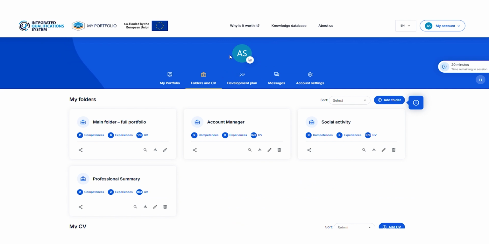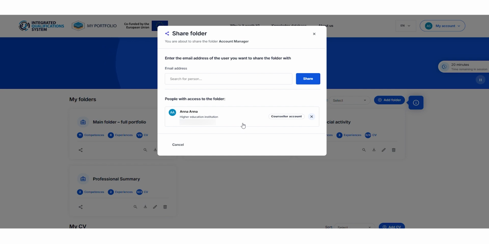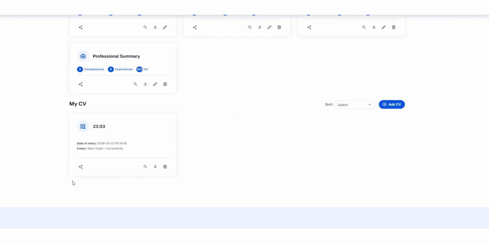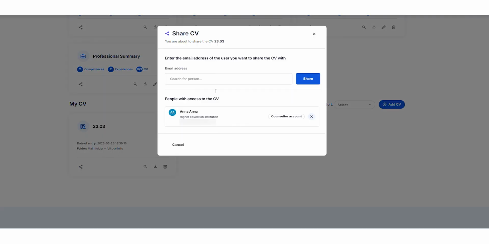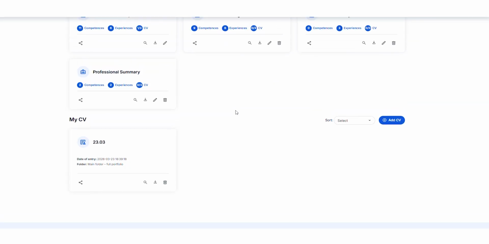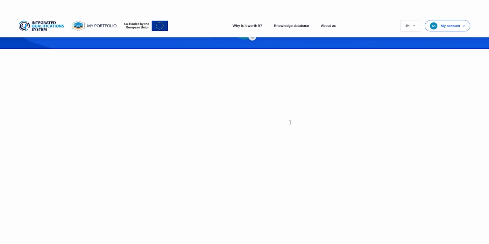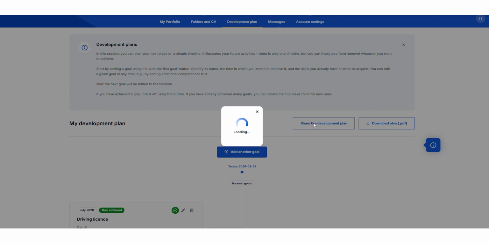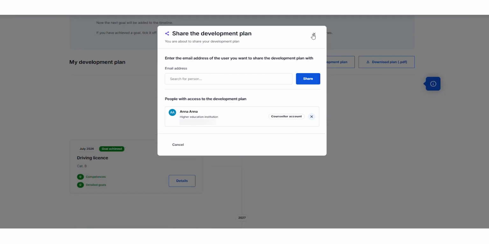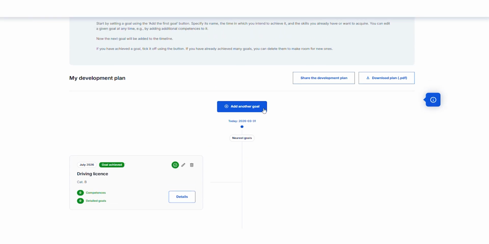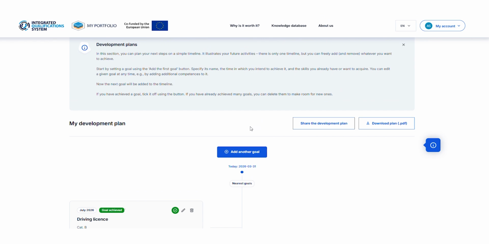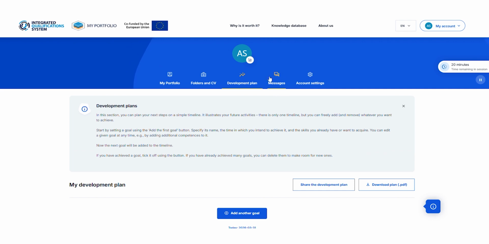All the key elements, such as folders or CVs, can be shared with selected career counselors, employers, or awarding bodies. You can also communicate with professionals using the built-in messaging tool in the Messages tab.